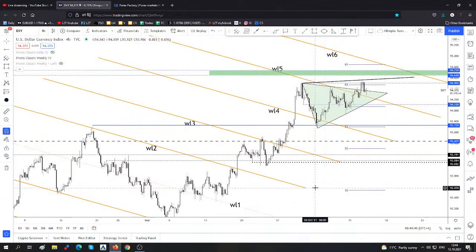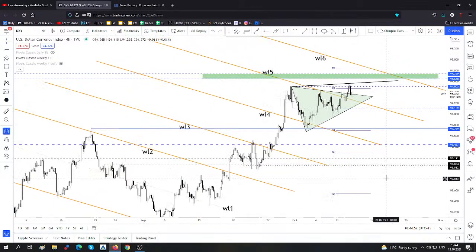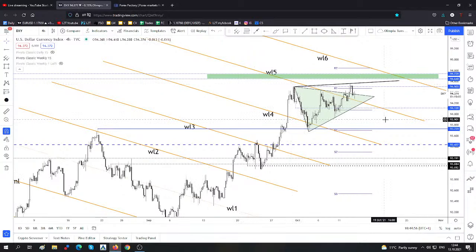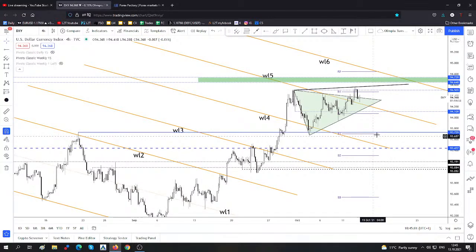Okay, so let's talk about the dollar index right now. As you can see, the dollar index has managed to jump above this fifth warning line. This was seen as dynamic resistance here. After a temporary decline, breakout, it has found resistance around the former high, 94.50, and right now it has decreased maybe to retest the triangle's resistance, sorry. And personally, as long as the dollar index stays above the fifth warning line, for me the bias is still bullish,